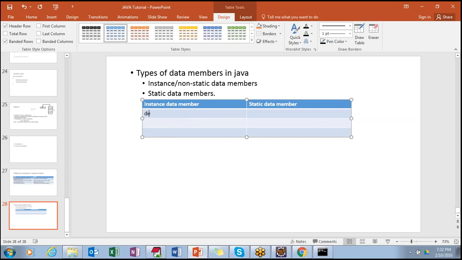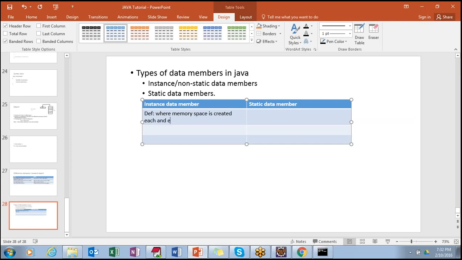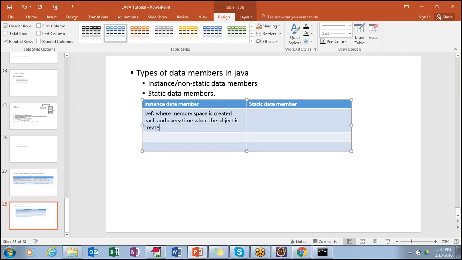So let me write the definition of a non-static data member. It is a data member where memory space is created each and every time the object is created.